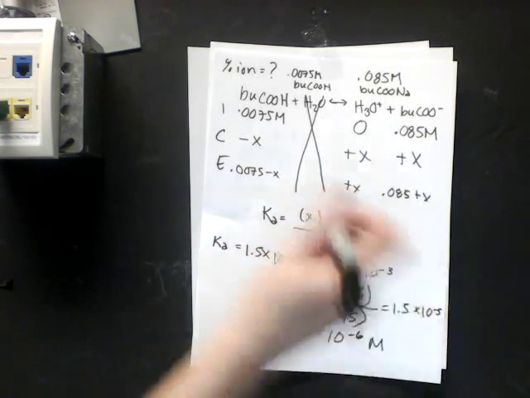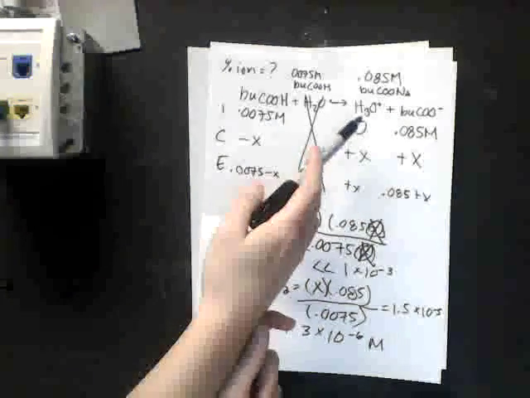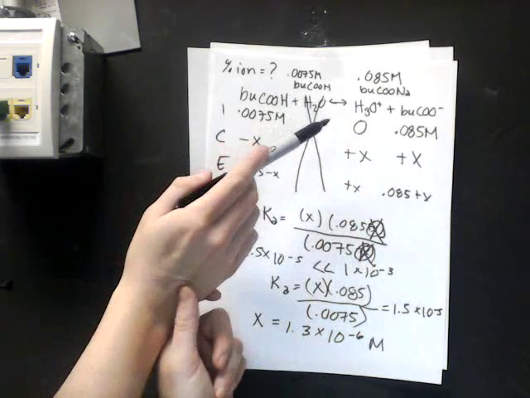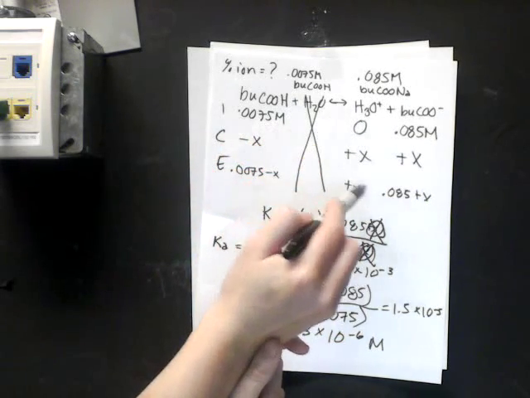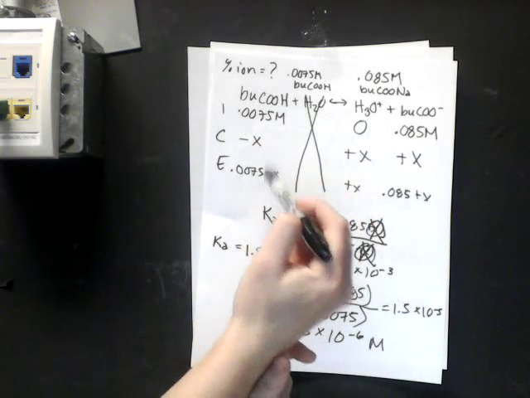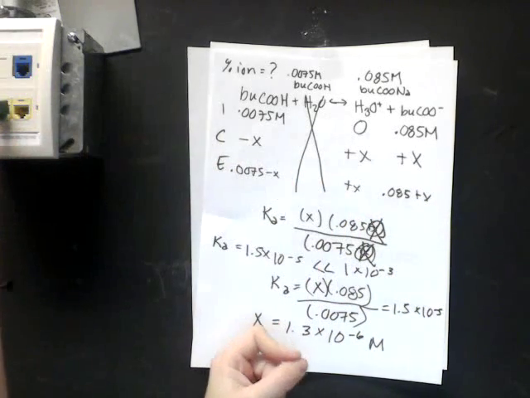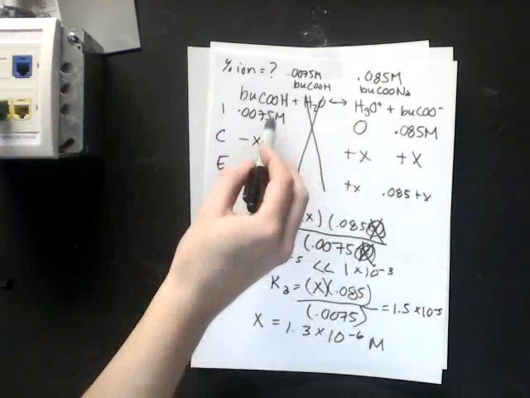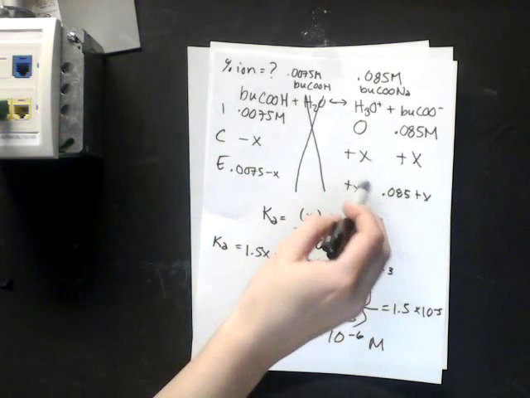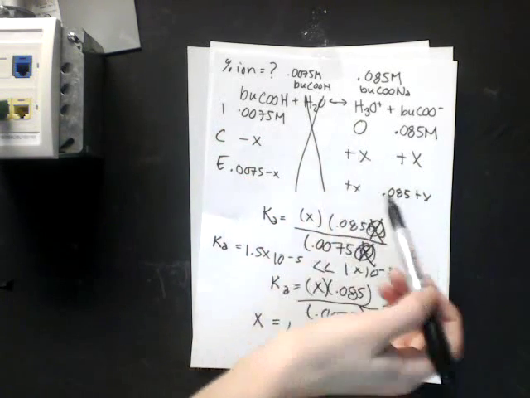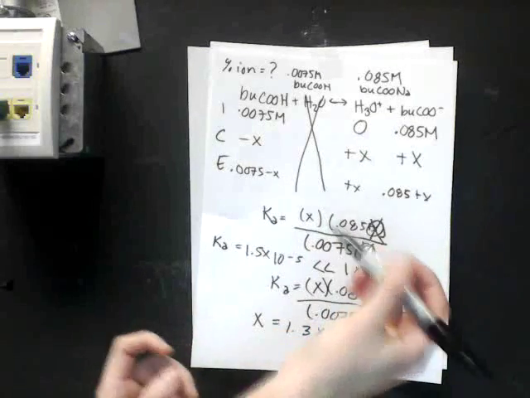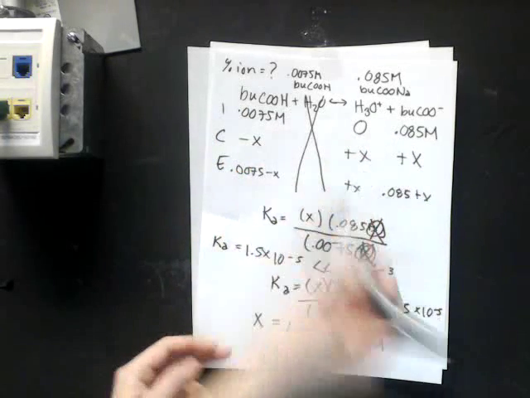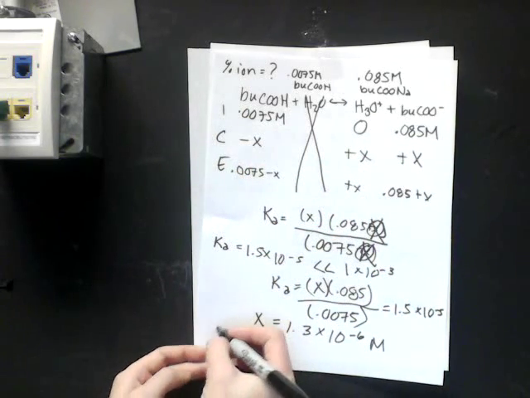So I'm going to take whatever my H3O plus is, or H plus, however you wrote this equation. I'm going to take that value right here, which happens to be this, and divide by that 0.0075. So this was in the initial acid. This is my equilibrium of H plus, which also happens to be the acid, right? So, or H3O plus, or conjugate acid. Acid versus acid. So that means I'm going to take, so percent ionization